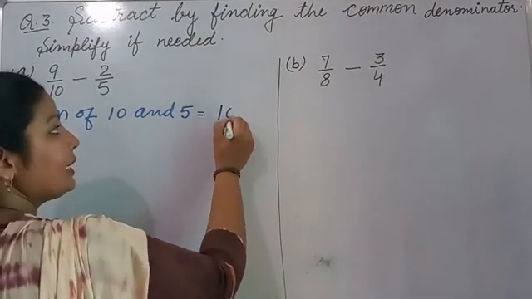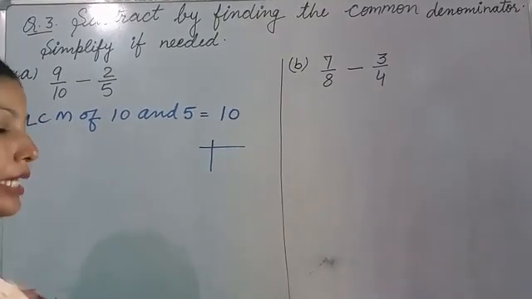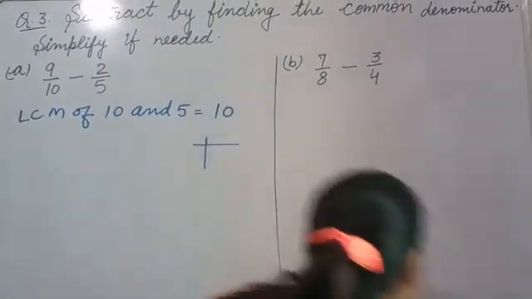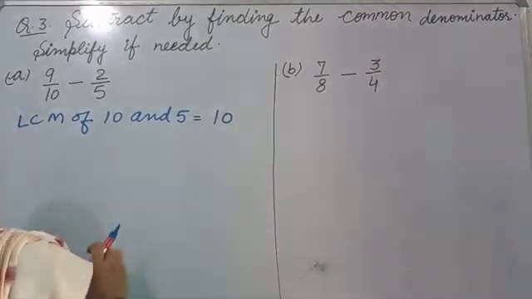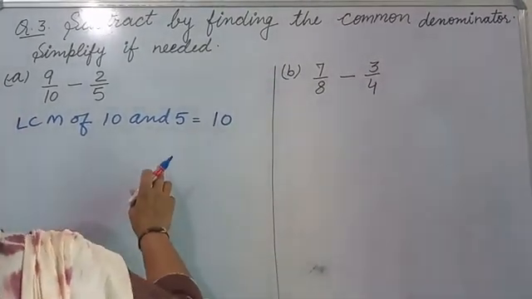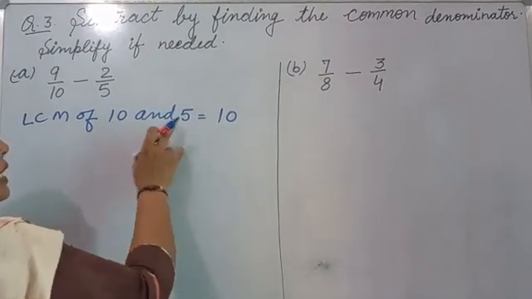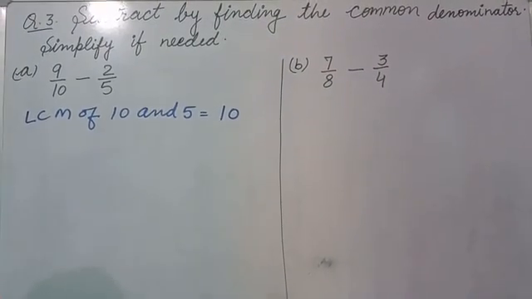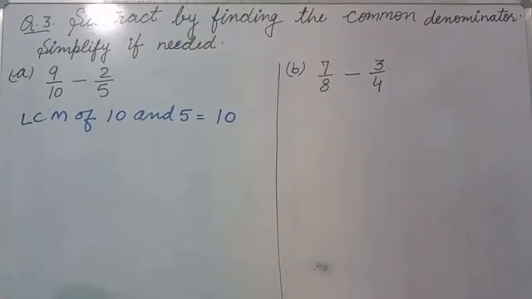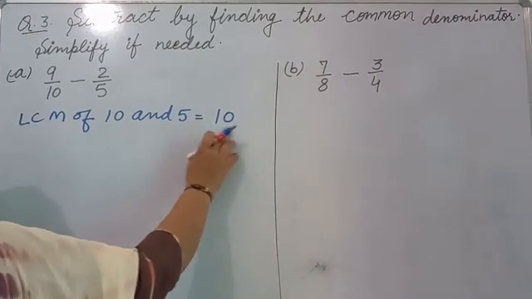Orally we can find their LCM. No need to find it like this, you will waste your time. Okay. आप इसमें time ही waste करेंगे. So no need to do like this. Directly you can find your LCM. If the bigger number is coming in the table, then that bigger number is your LCM. And if that is not coming and one number is prime, then their product is their LCM. One is prime, one is composite, so we should find their product. Now we find LCM 10.